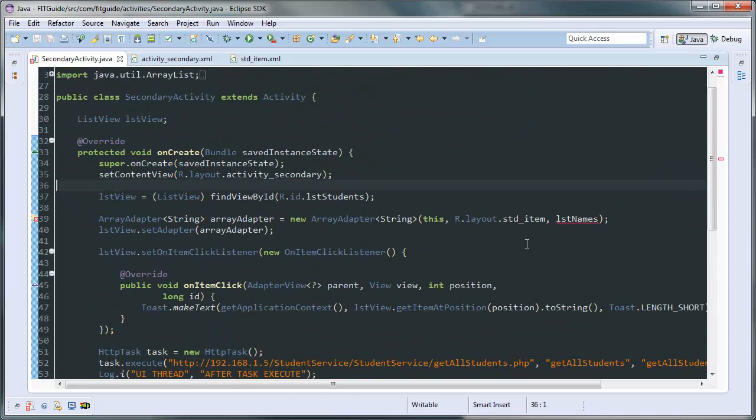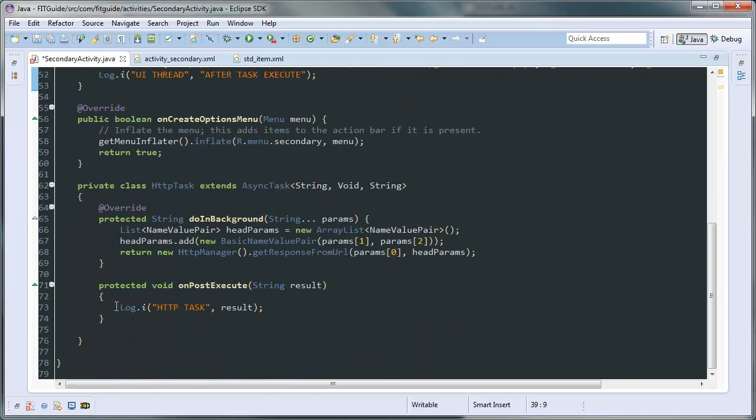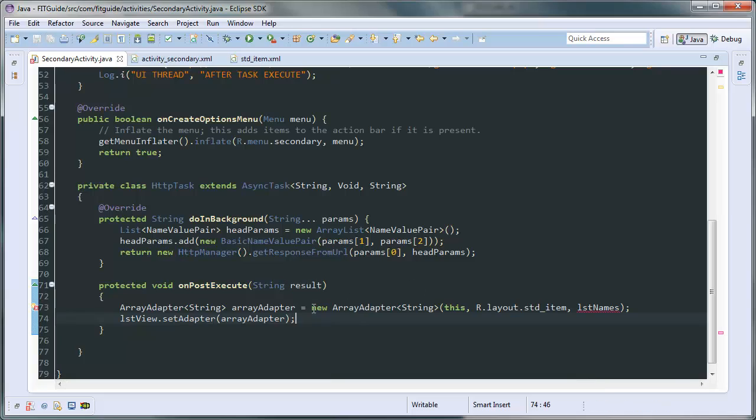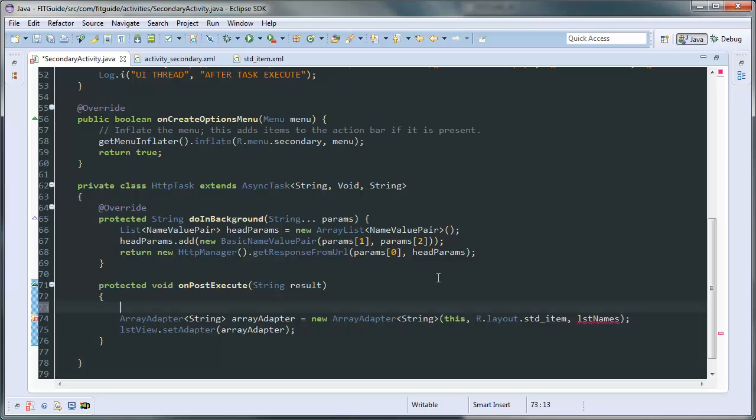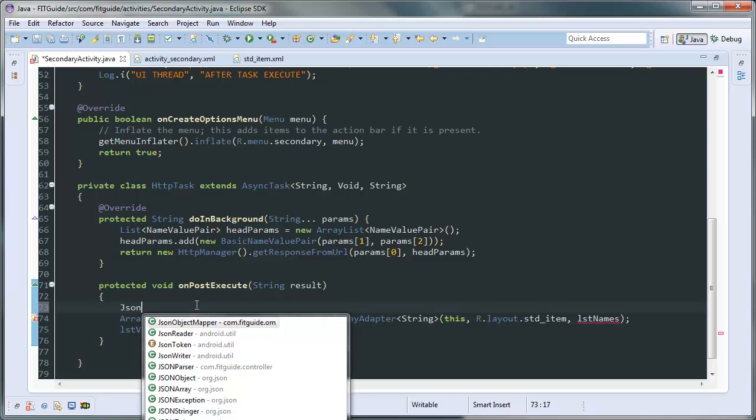And I think we have got an error here. This is because we already have this array adapter. Now, in fact, I'm gonna move this. I'm gonna take it completely down, right here. Okay, and instead of list of names, I'm gonna come over here, and since this HTTP request is sending me back the pure JSON object, what I'm gonna do here is I'm going to say JSON